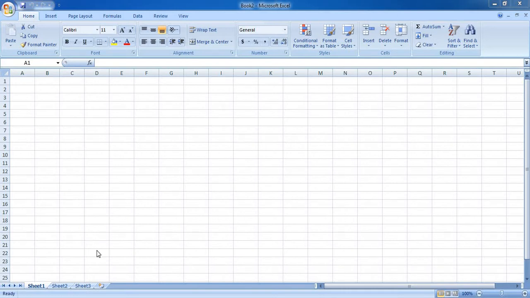The shortcut one is, you just have to come to this taskbar, the bottom left corner of your MS Excel window. In order to insert a new worksheet, you just have to click on the fourth option available after sheet 1, sheet 2 and sheet 3, which looks like a page. Click on it and one new worksheet will be inserted. We now have sheet 4 available. In order to insert a fifth one, I just have to click on the same insert worksheet option again. To insert a new one, again I will have to click on it.